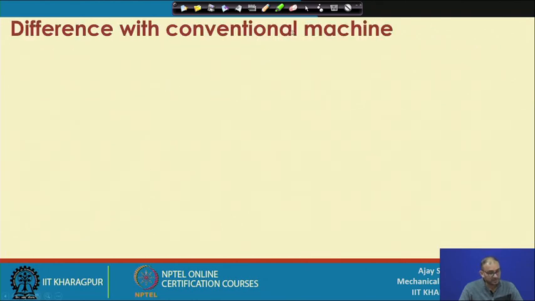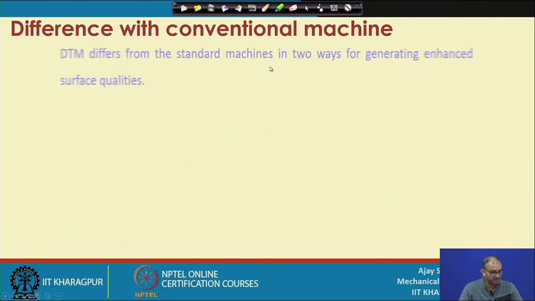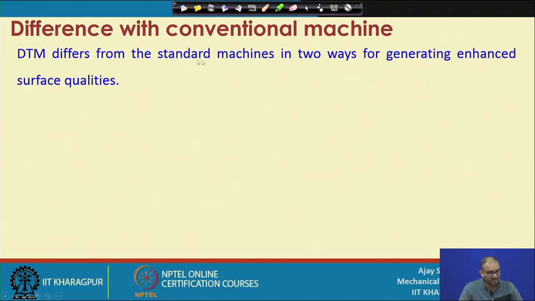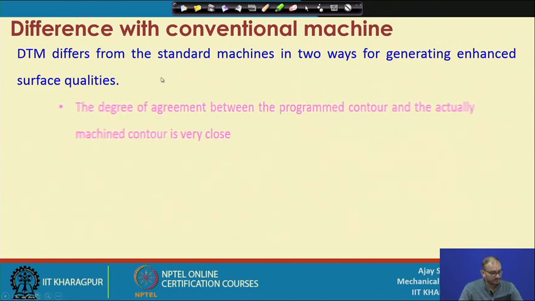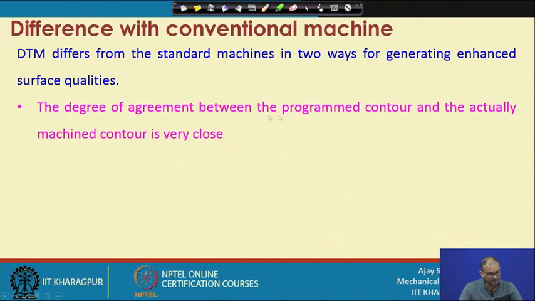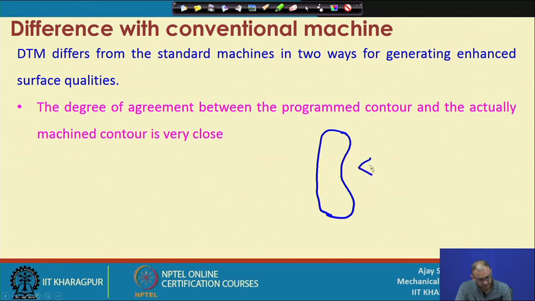So, in terms of the machine, how is this different? DTM differs from the standard machines in two ways for generating enhanced surface qualities. One is that the degree of agreement between the program contour and the actual machine contour is very, very close. Now, what does it mean? Suppose you are machining a surface. Now, suppose you want to do a cutting of this particular surface, right. So, this is the surface, and your cutting tool is at this location,